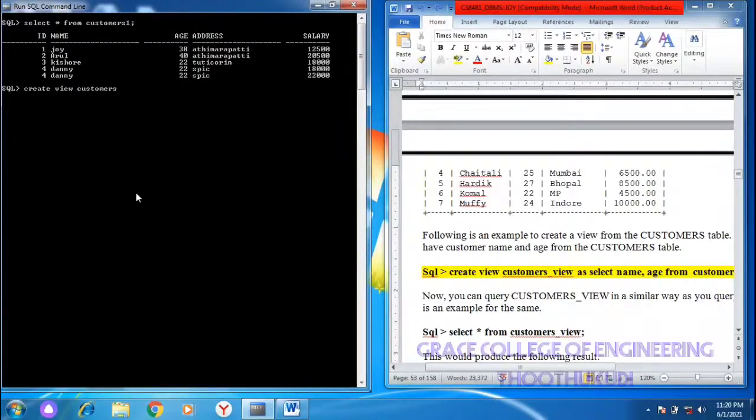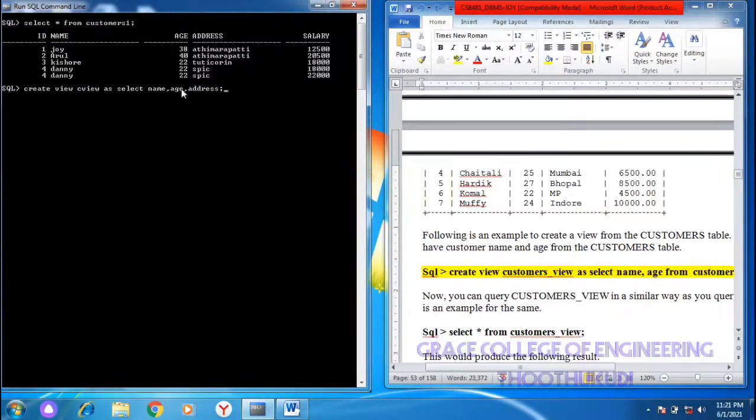So write the syntax: create view, and take the view name as C view, for customer view, as select name, age, address.